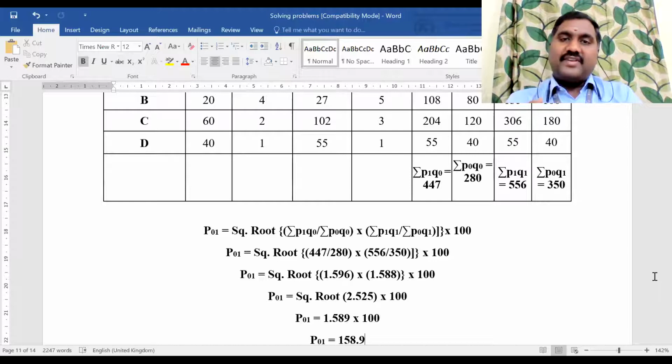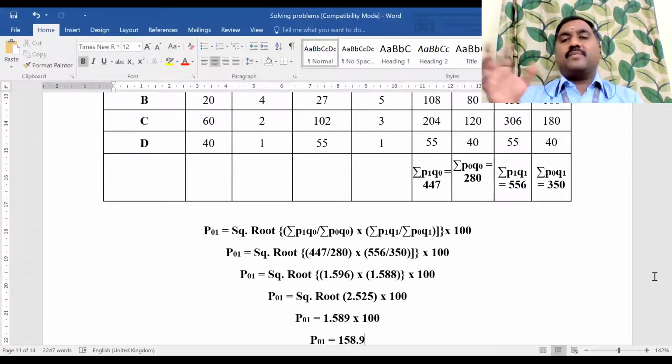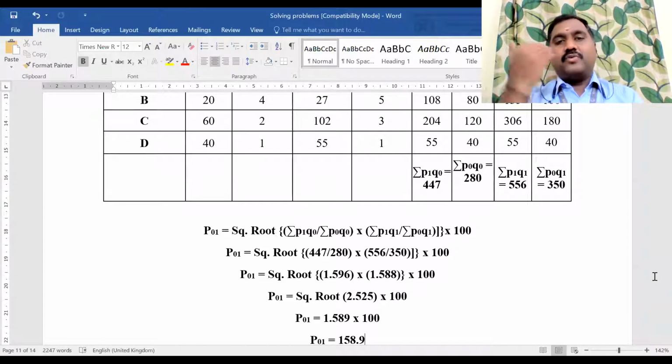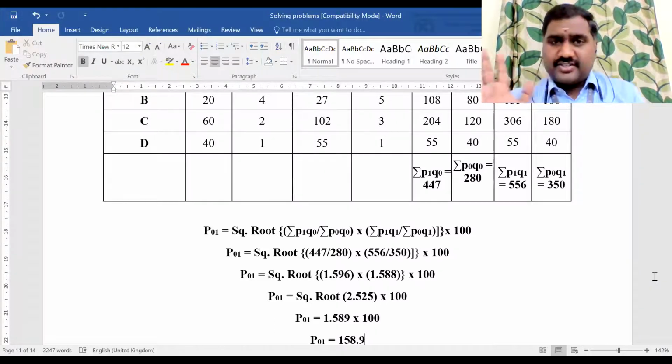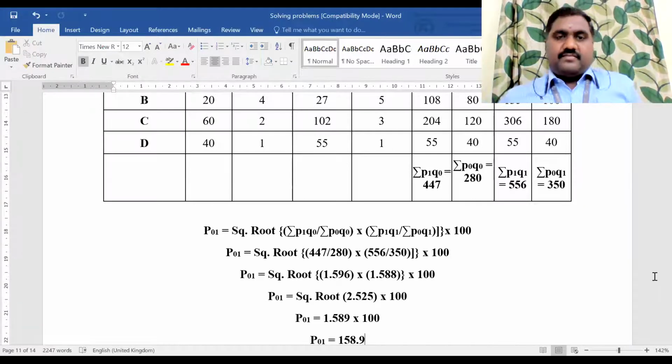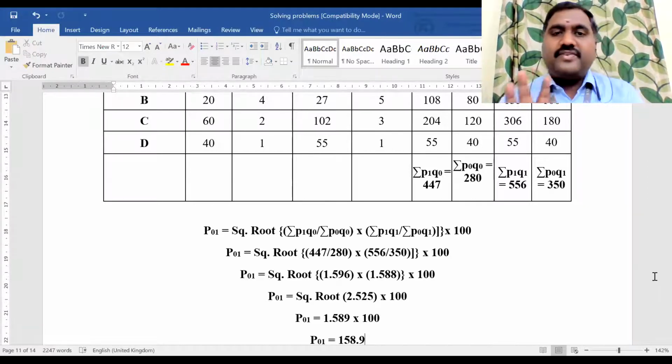In the weighted average method, the weighted index method, we added the quantity along with the price. In Laspeyres' method, we added the quantity for the base year and got the value. In Paasche's method, we added the quantity for the current year and then got the value. And for the Fisher method, we are combining the quantity of both current year and base year, and the price for both current year and base year. That's it. Any doubts in the Fisher method? Clear?